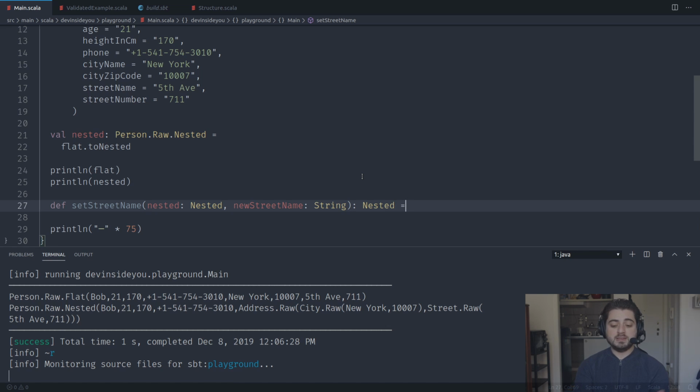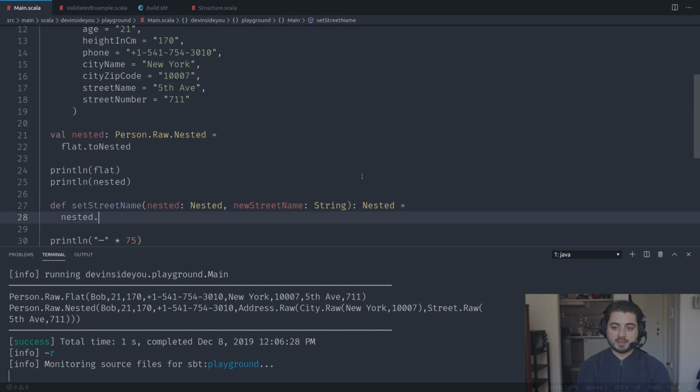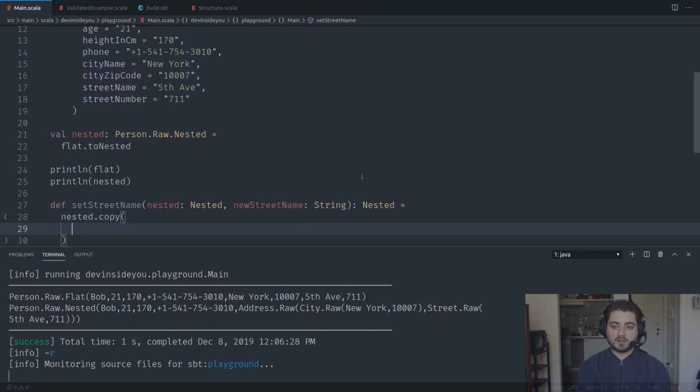The problem is that we're dealing with a nested structure, so we need to go down and call copy again and again. Let me show this to you. So we need to go and say nested copy. Okay, and then we're going to do this, and then we're going to say, okay, which field do we want